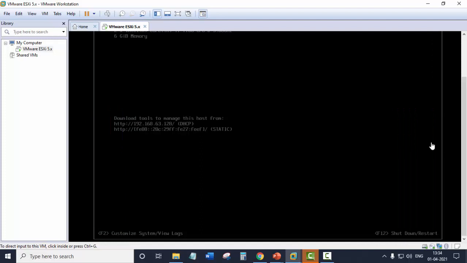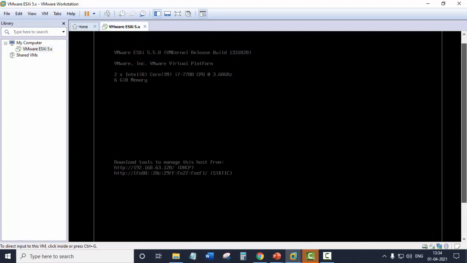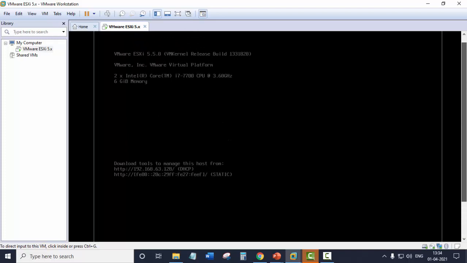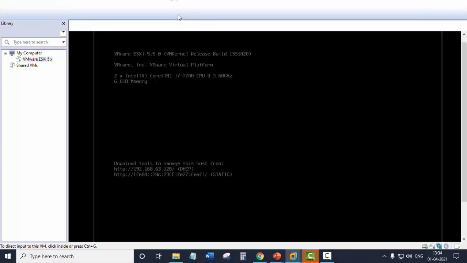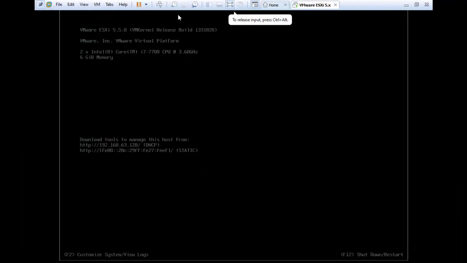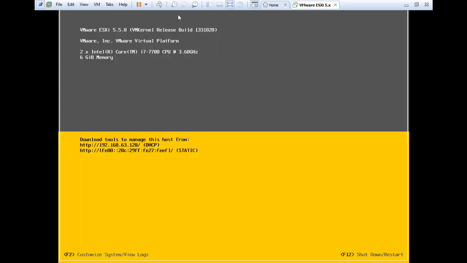Now let's see what various settings we can make in VMware ESXi. We will switch to the full screen mode by clicking on this full screen mode icon. Now our mouse is not usable, so all we have to do is use the keyboard, and we will control the entire system using the keyboard.